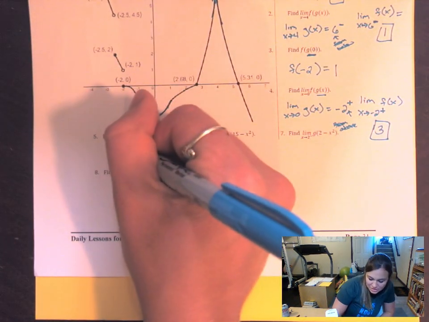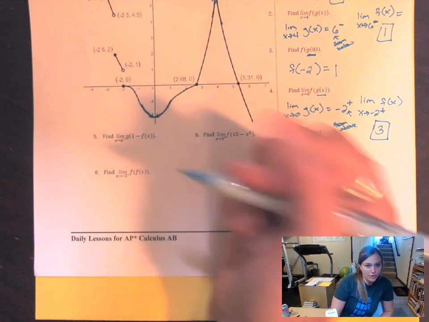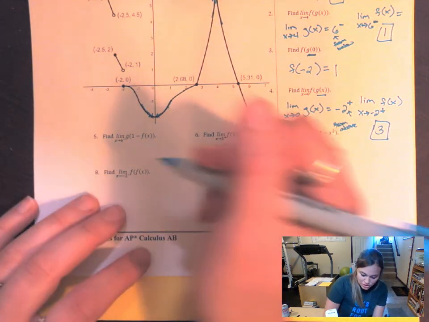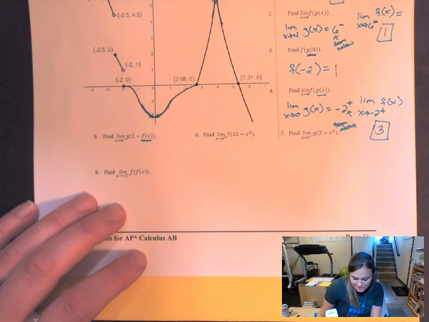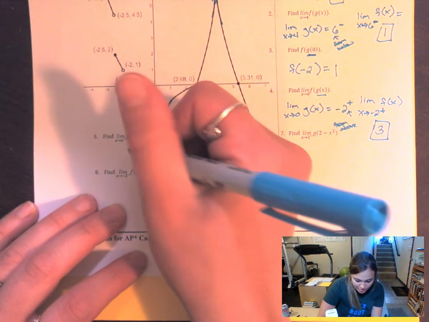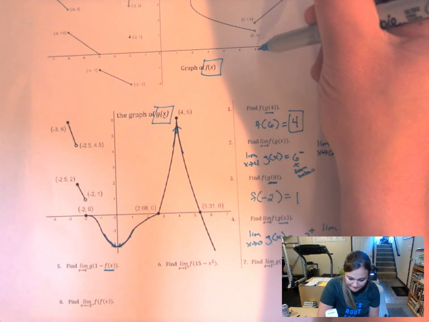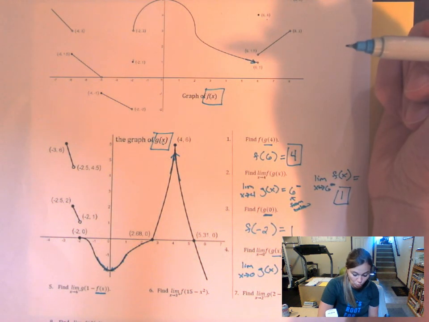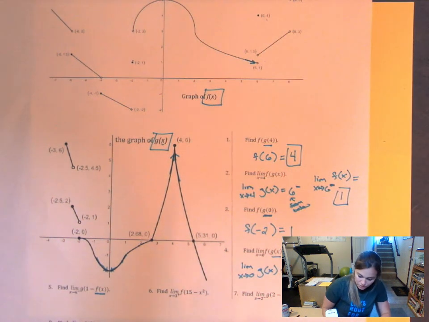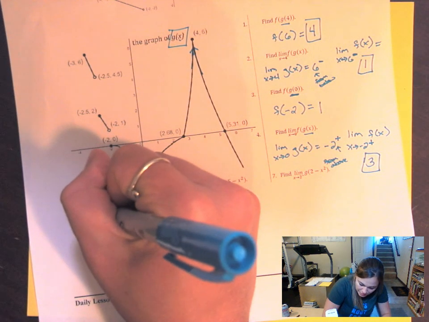Okay, limit as x approaches 6 from the left of g of 1 minus f of x. Okay, we got this. So in this one, we have to focus on this part first. So 6 from the left. The limit as x approaches 6 from the left of f of x would be, coming right here, we would get a value of 1. So, this would be limit